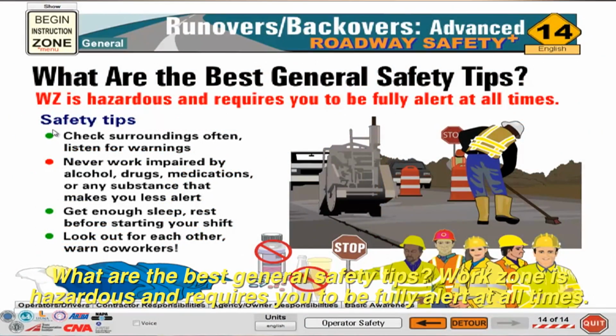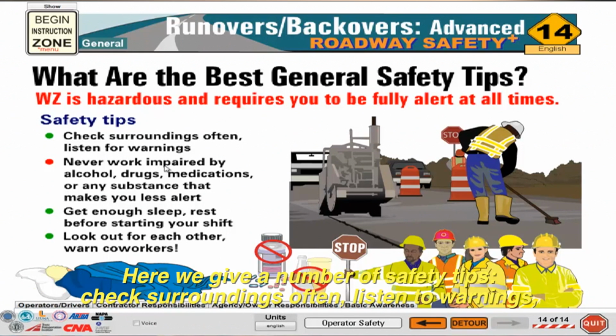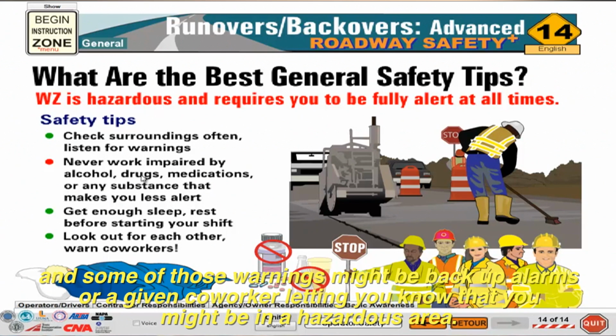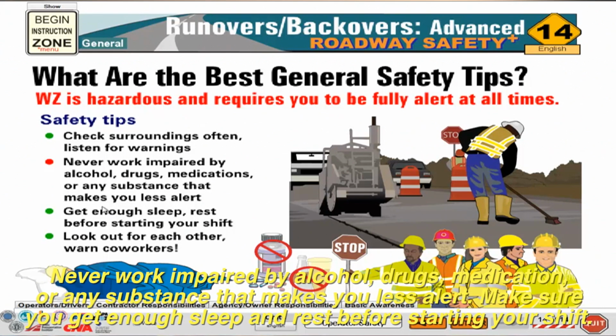What are the best general safety tips? Work zone is hazardous and requires you to be fully alert at all times. Here we give a number of safety tips. Check surroundings often, listen for warnings, and some of those warnings might be backup alarms or a given coworker letting you know that you might be in a hazardous area. Never work